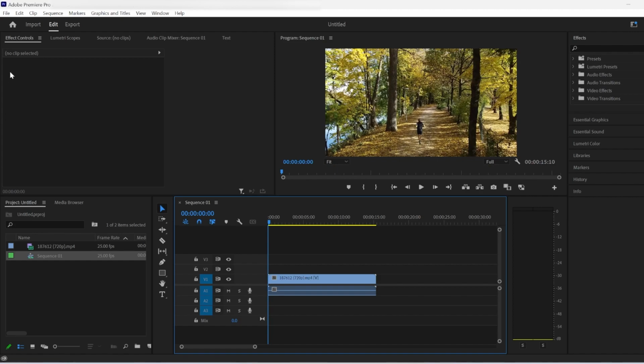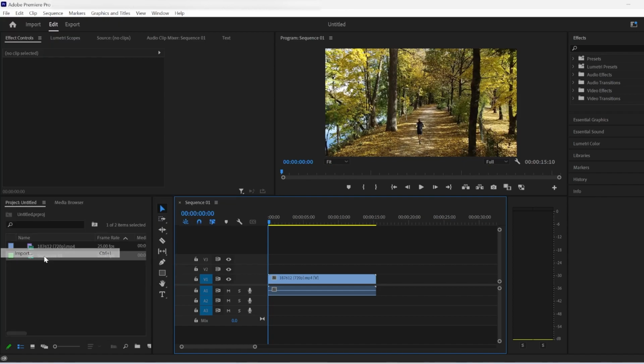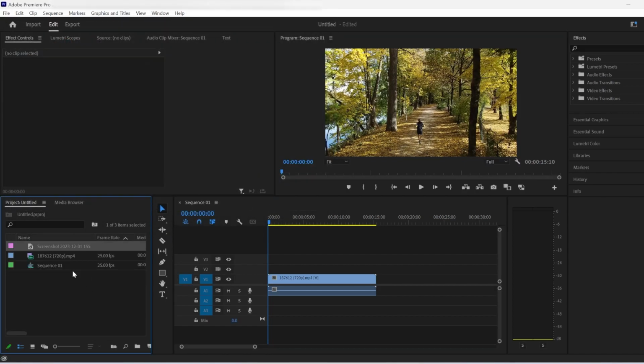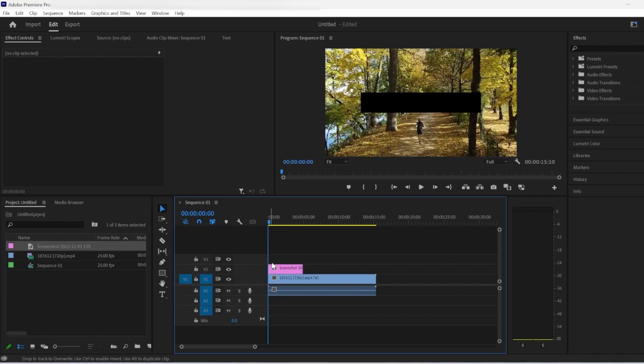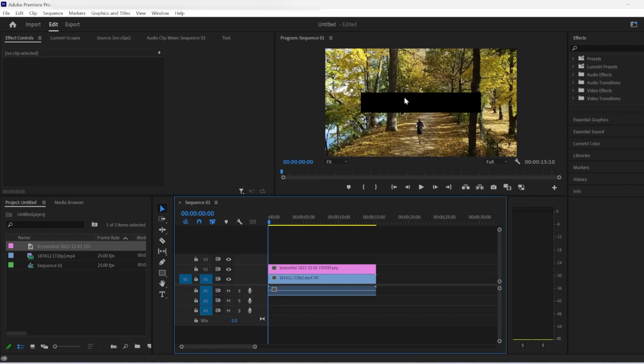In this video, I'm going to show you how to add black bars in Premiere Pro real quick and easy. The way I do it is I just upload a screenshot, a black screenshot. A rectangle works better. And just drag it all the way to the length of your video or image, and then double click on it,